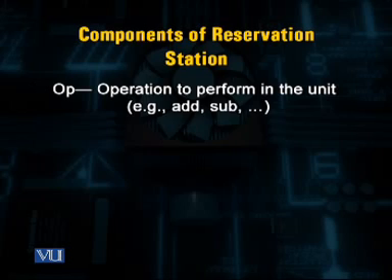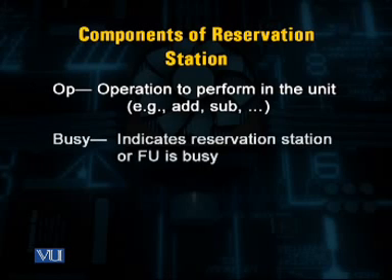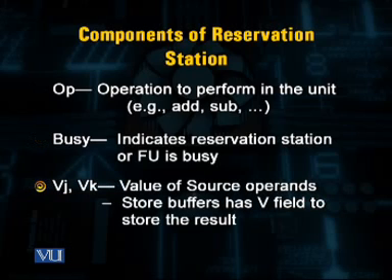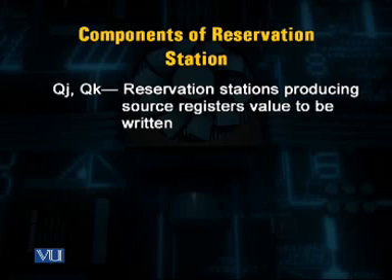For example, whether it is the add or subtract or whatever operation it may be. Then it also has got a busy field, where busy field indicates that the reservation station or the functional unit is busy. Then it has got a field to specify the values of the source operand, and these values are defined by variable V with the subscript j or k to specify the two operands. The other component is the source register value, which is to be written, and it is specified by using the